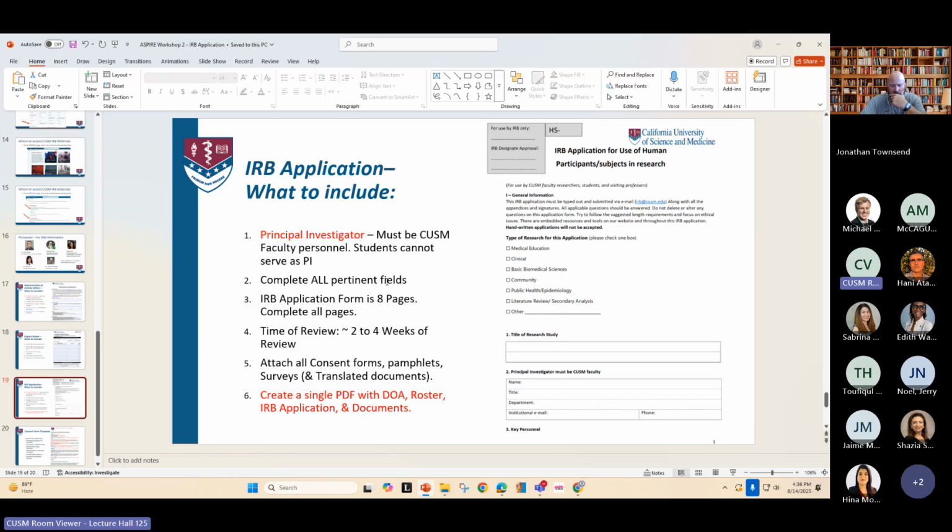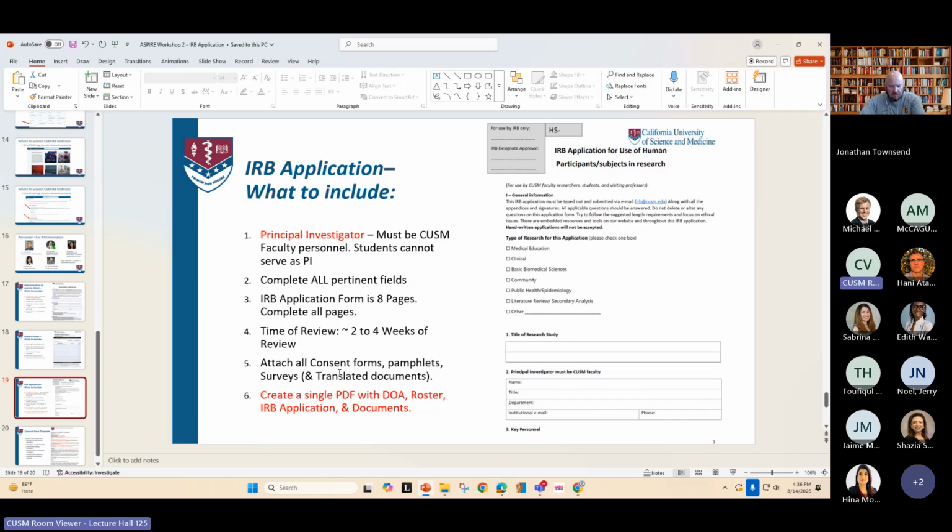Complete all pertinent fields in the application. It's only 8 pages long. Again, 2 to 4 weeks, but in certain applications, it may take longer than 4 weeks. Just bear that in mind. So plan ahead. Attach all consent forms, pamphlets, brochures, surveys, translated copies if it's in another language, because many of